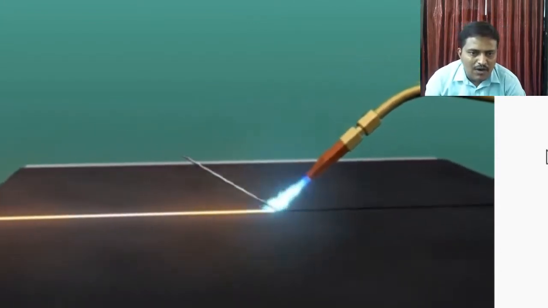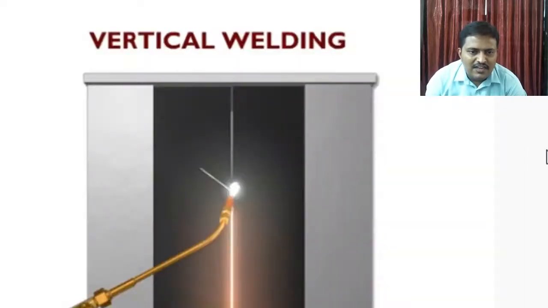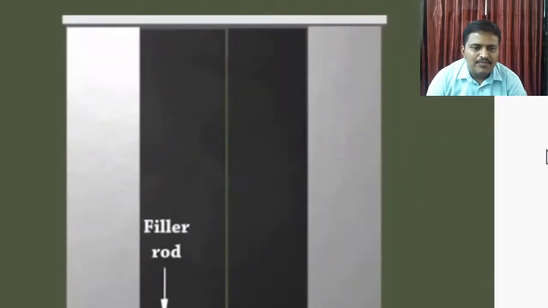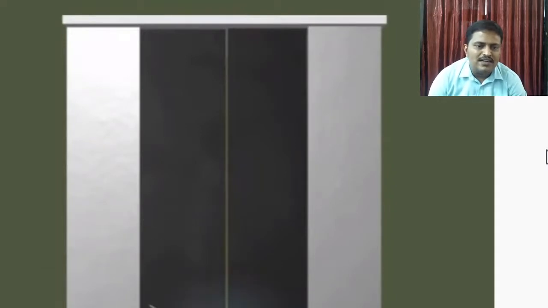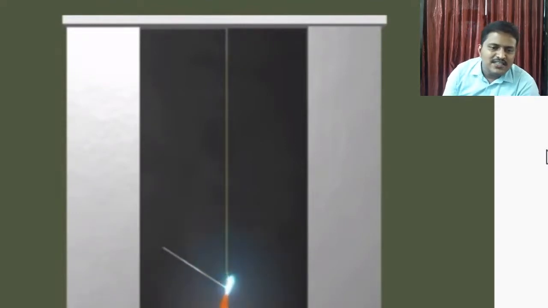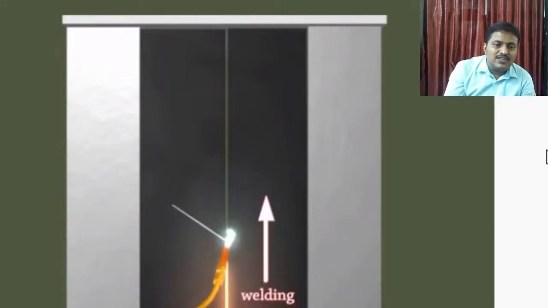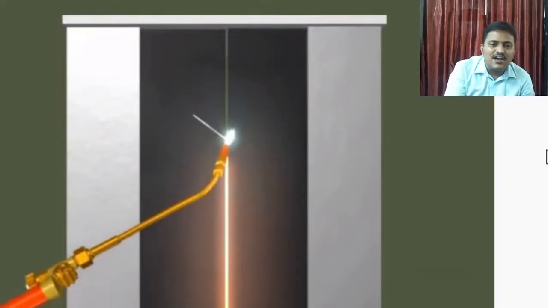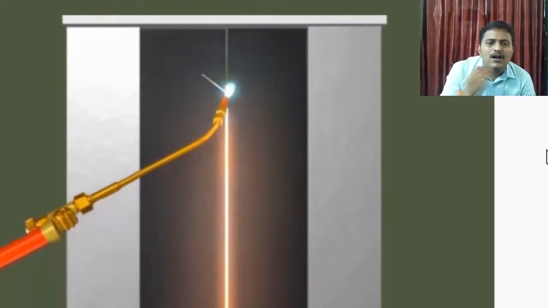Sufficient time is allowed in order to achieve the weld depth. So this is vertical position welding. Here you can see the filler rod and the welding torch. It is going to move upwards. Welding is commenced at the bottom and proceeded vertically upwards. In this type of welding, you can see the weld direction is moving upwards. So this is the vertical welding process. Last time we saw the horizontal welding process, and here it is the upward welding process, known as the vertical welding process. So this is all about the welding process.